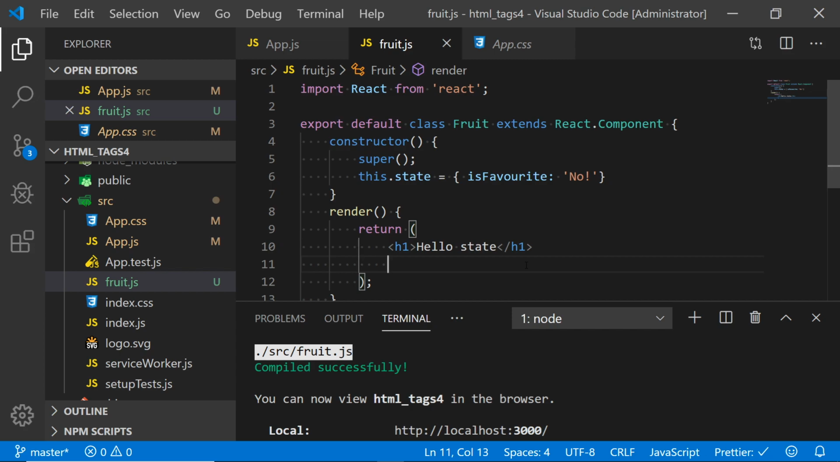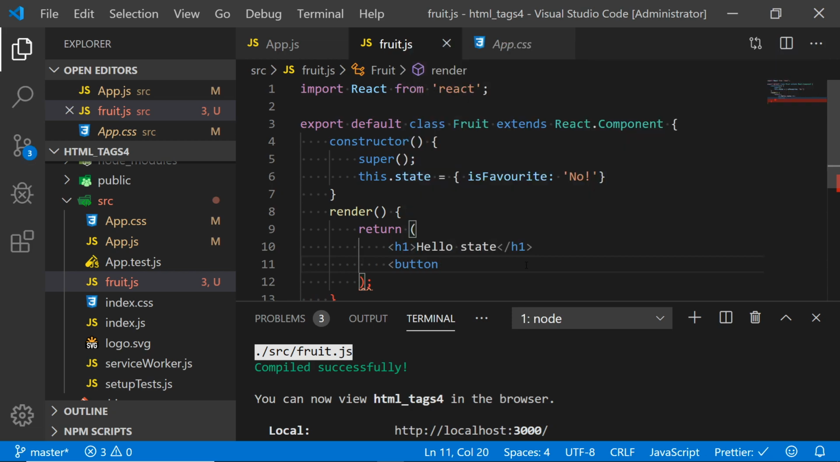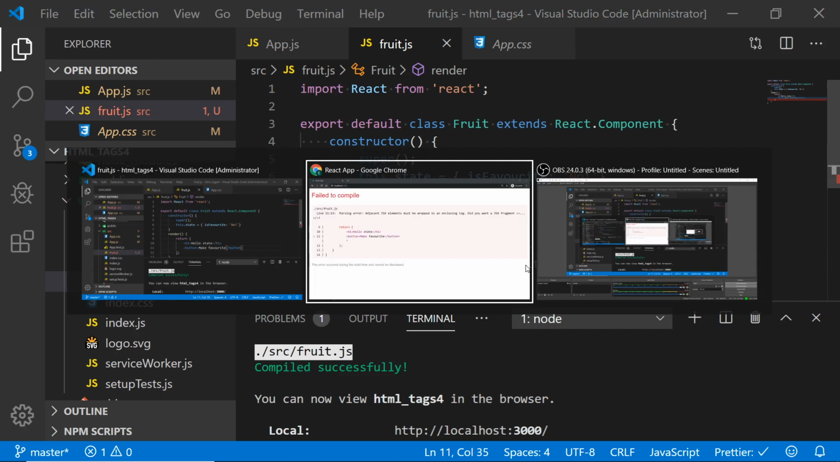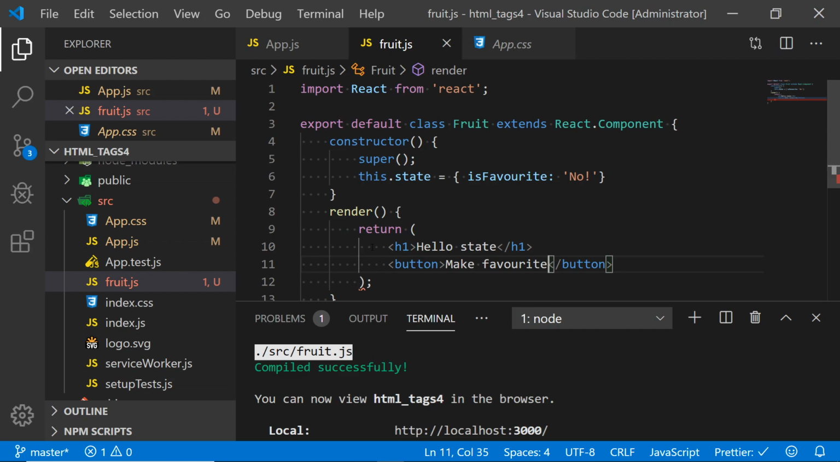So does someone know how to write a button? How to create an open arrow button like this. So let's say make favorite. Let's see what is being rendered. Oops, failed to compile. Ah, yes. So this error